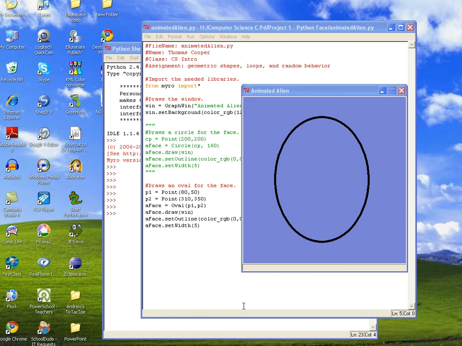Welcome everyone. This is part 2 of creating an animated alien face. In the first section we learned how to create the background window, give it a color, and also create either a circle or an oval for our face. In this section we're going to continue on and we're going to start by creating an eye